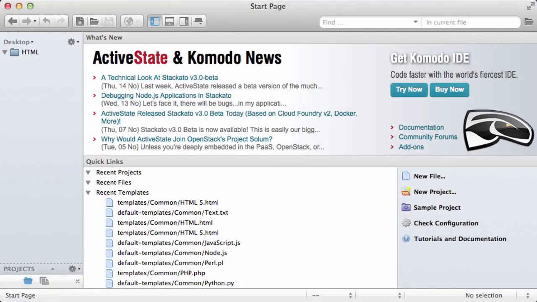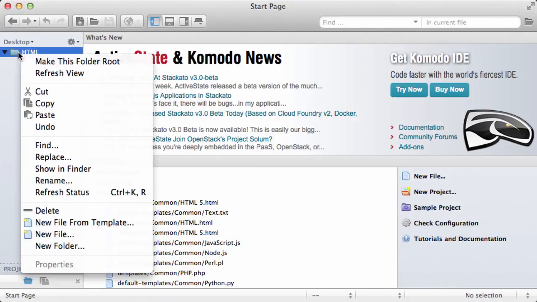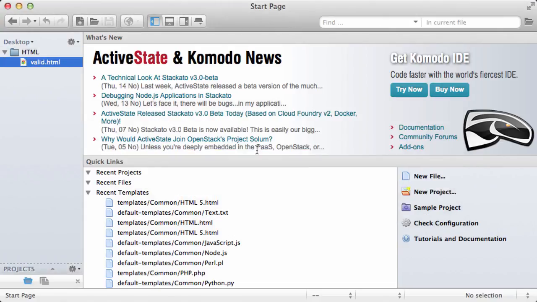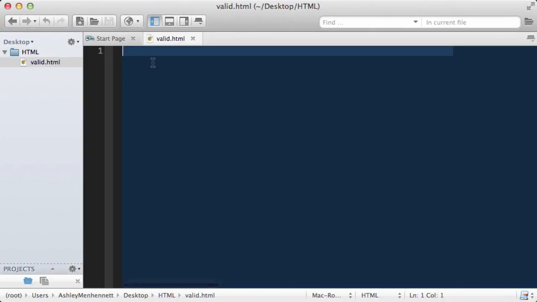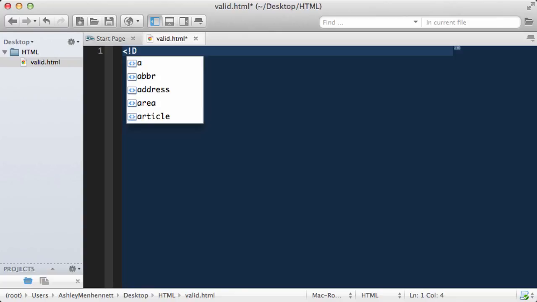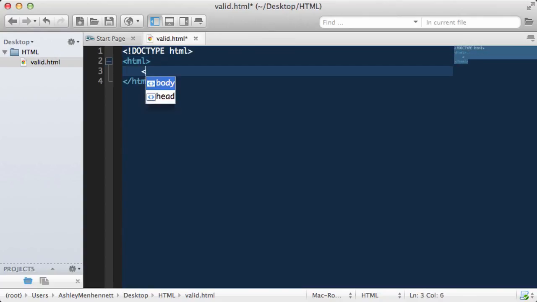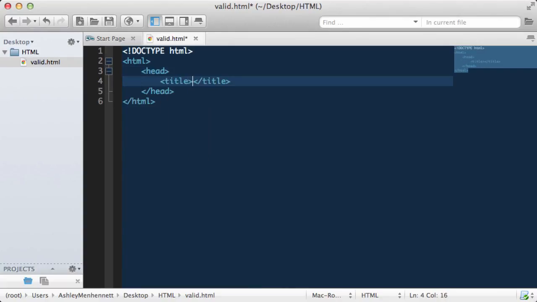In this video, we're going to talk about validation and validating our HTML files. To start off, let's create a new HTML file and call this valid.html. Double clicking on it, we're going to type out our document structure, which is doctype, HTML, our opening and closing HTML tags, our head opening and closing tags,